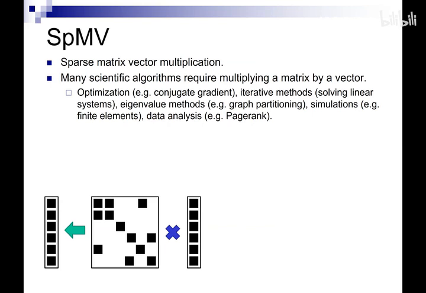Just to state the problem more concretely: for sparse matrix vector multiplication, we have a sparse matrix, and we simply want to multiply it by a dense vector. The example is over here. We have a sparse matrix, and what that means is that many of the entries in this matrix are zeros. Only these black parts are the non-zero values. And here, the matrix is about half